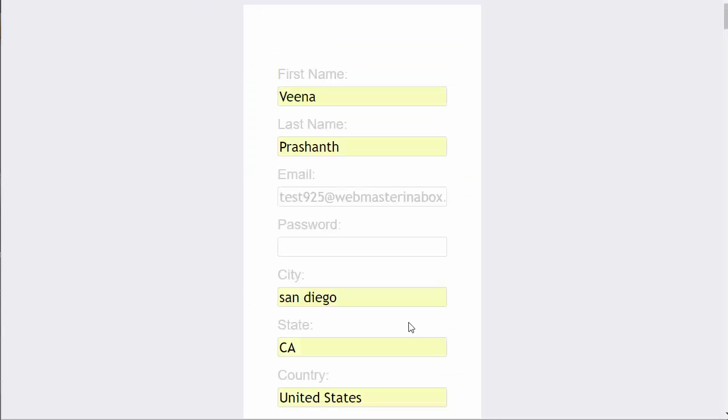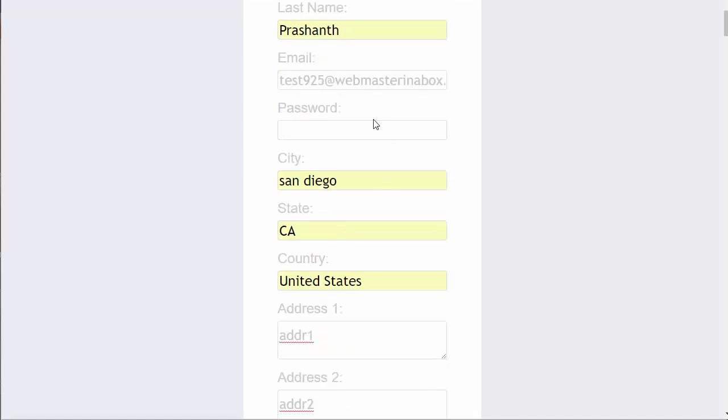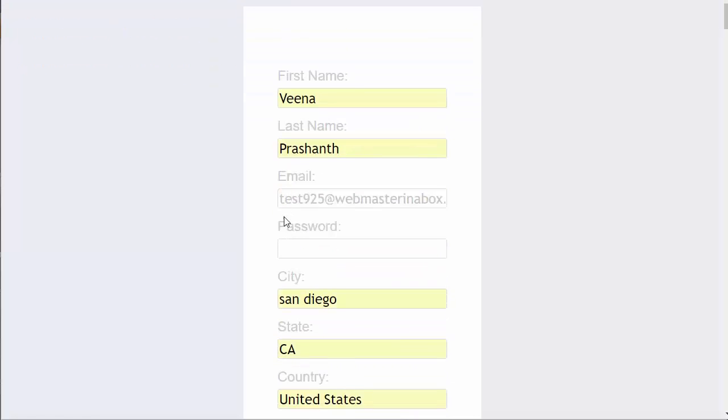Now say that you have a more complex form, something like this, where you have a lot more fields. Now I generated this sign-up form in my Aweber account, but it doesn't matter what email marketing platform you're using and what fields you have there. If you want to make sure that the subscriber gets registered in DAP and all of these fields are also processed by DAP and saved in DAP, then you have to make sure that you complete the data mapping in DAP, because otherwise DAP is not going to know what field names are being used by these platforms for these